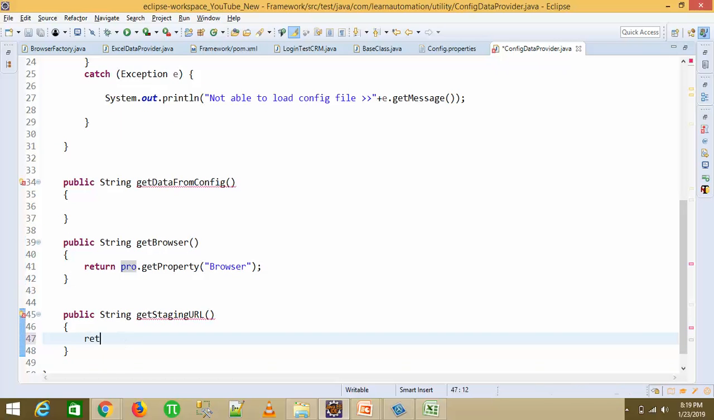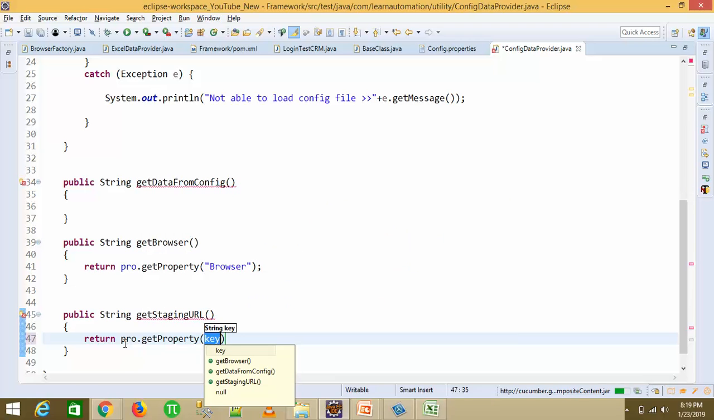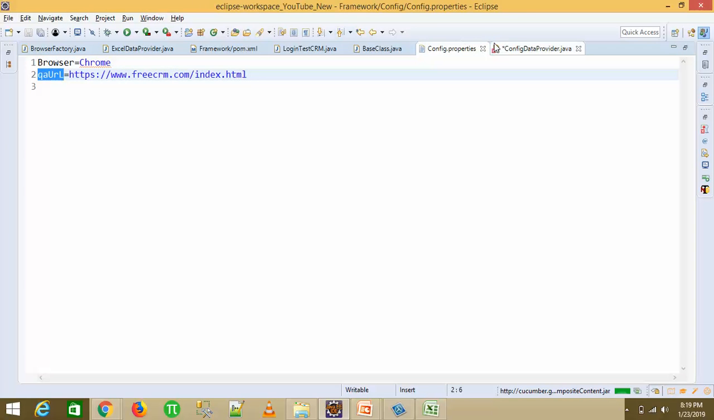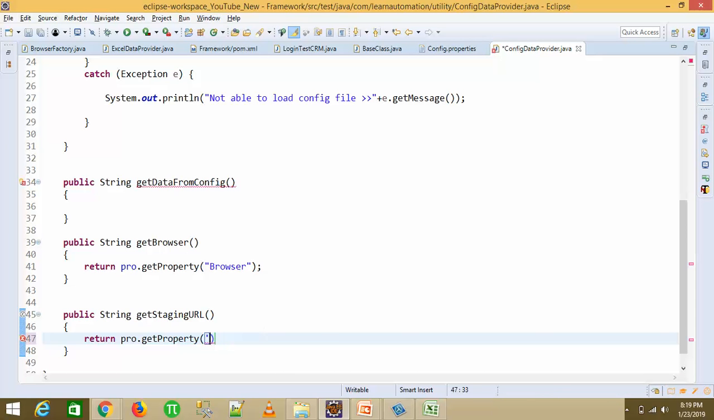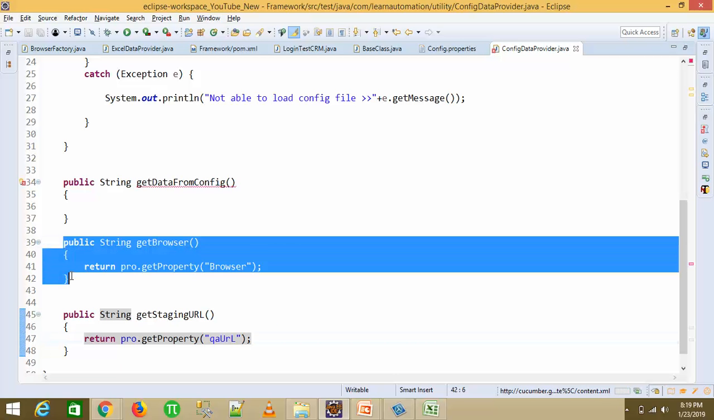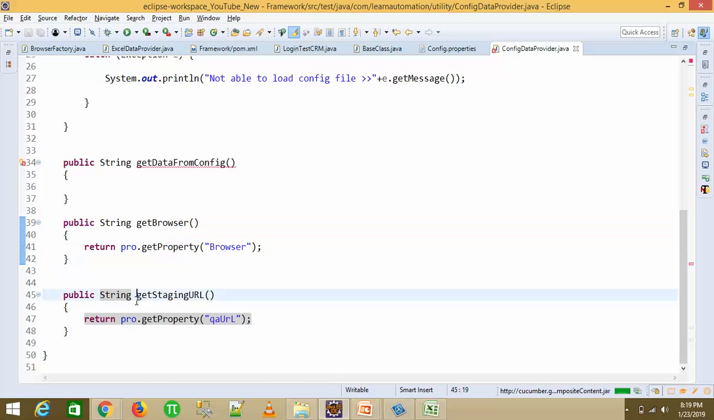Same thing we are going to do for URL as well. I will say pro dot get property, and what is the key here? Key is QA URL. Now if you have more custom key value pairs, you can create methods like this. As of now we have 2 key value pairs, so I am going to create 2 methods and one more